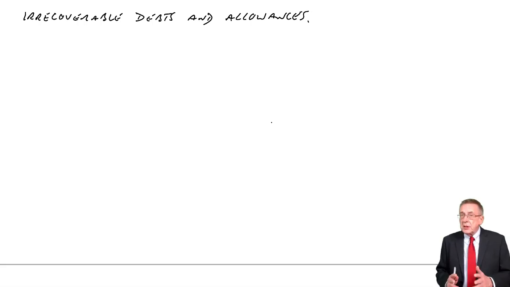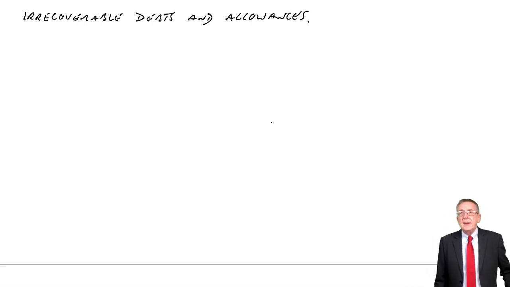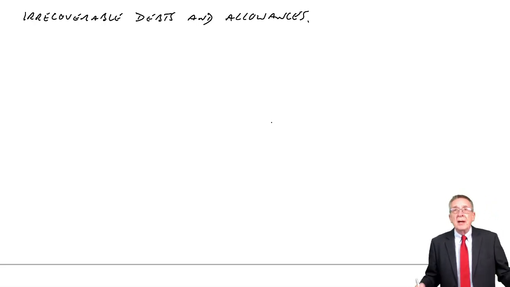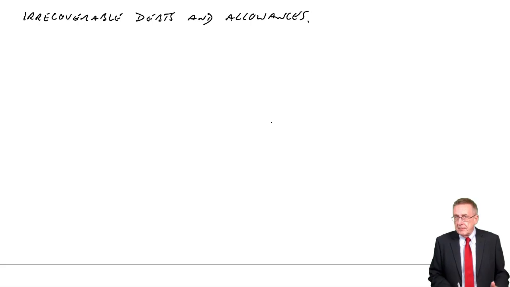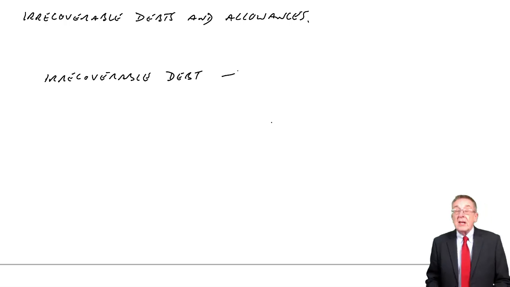But the accountant will have to look at these because it could be that somebody owes us perhaps $500, and we discover that, I don't know, perhaps they've died with no money, and we're never going to receive that money. Well, we call that an irrecoverable debt. So an irrecoverable debt is where, for whatever reason, we're never going to receive the money. We will never receive payment.